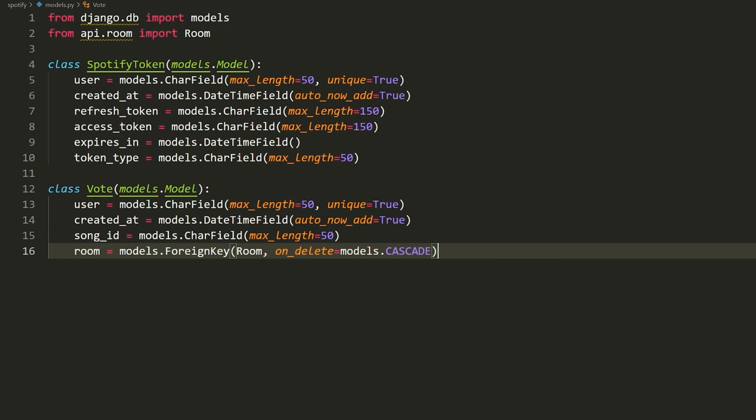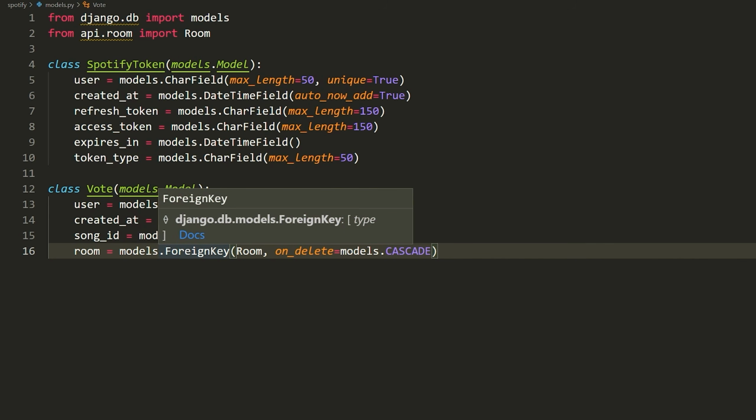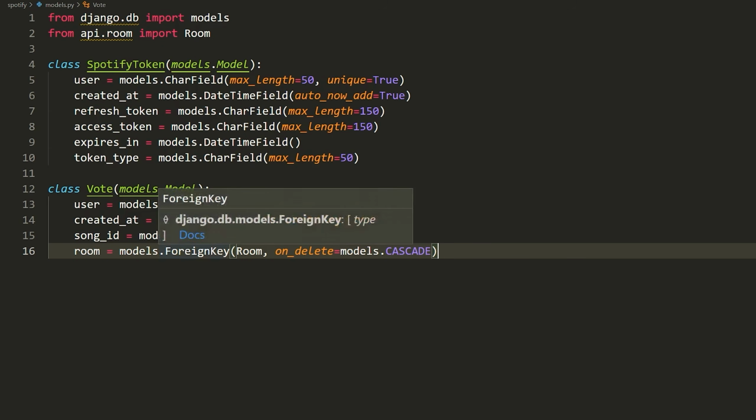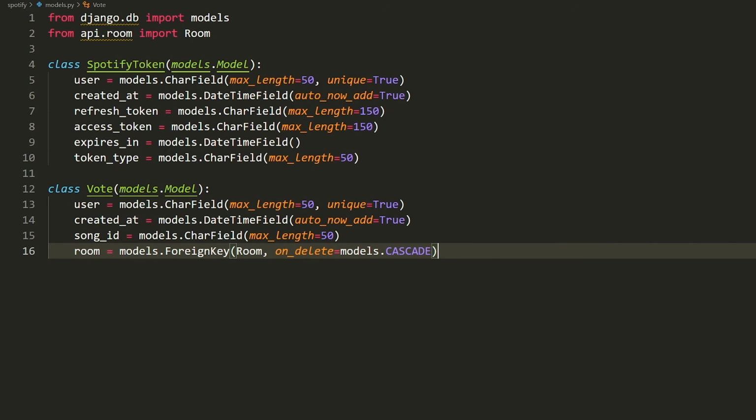So I'm just going to take a minute here and explain the foreign key. As I said, when we have a foreign key, that just means we need to pass an instance of another object, in this case, a room object, to this vote model. So any room that we have stored in our database, we could pass one of those when we create a new vote. And what that will do is store a reference to that room in our vote. So that way, whenever we look at a vote, we can determine what room it was in, which is what we want. And then we can actually access all of the information about a room from this vote.